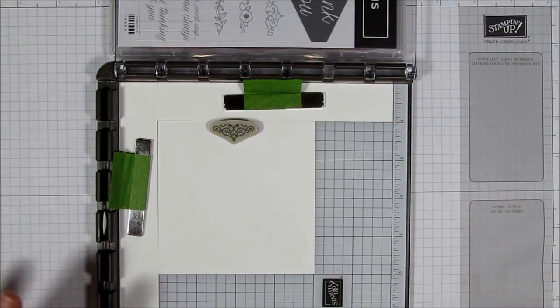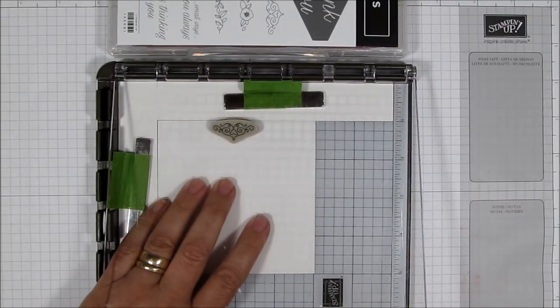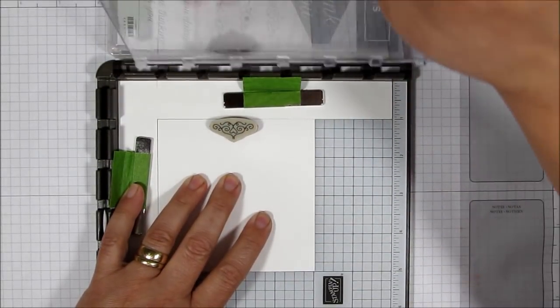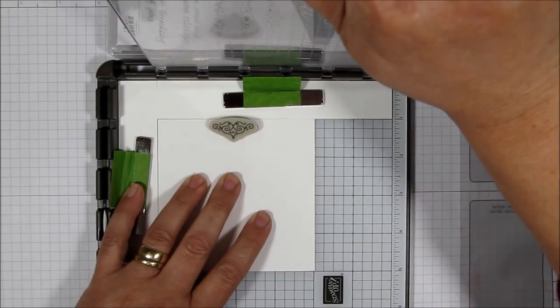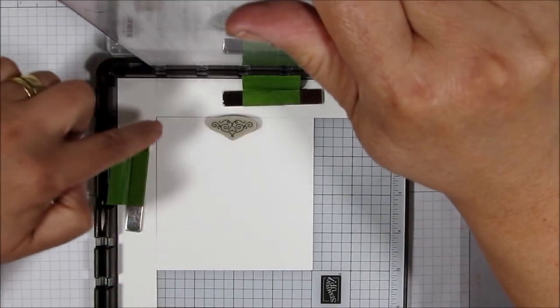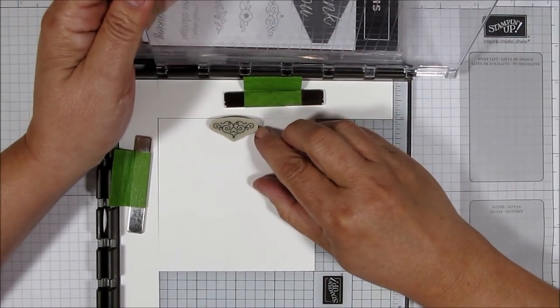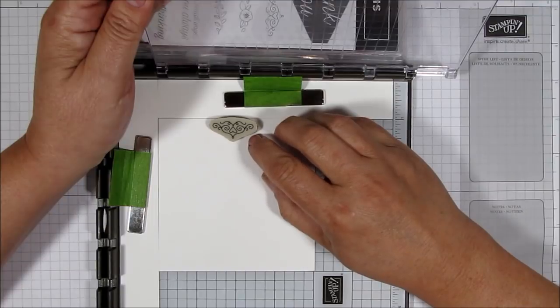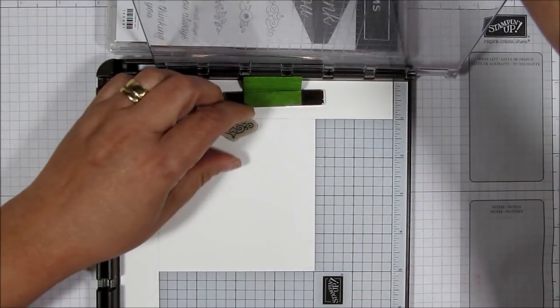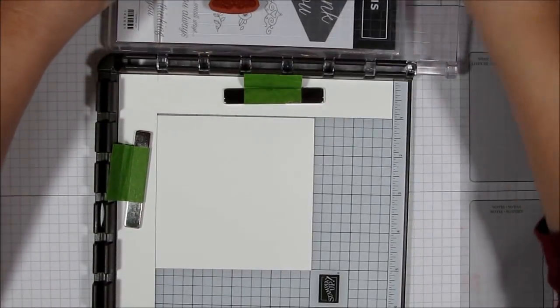All right. And then instead of just closing my hinge, I'm going to pick up the hinge and move it over one, because I know that 3 of these are going to fit, and I want to make sure that they're centered in the middle. So make sure I got this centered here. Okay. And so what I'm going to do is pick this up, make sure that it's stamped down,